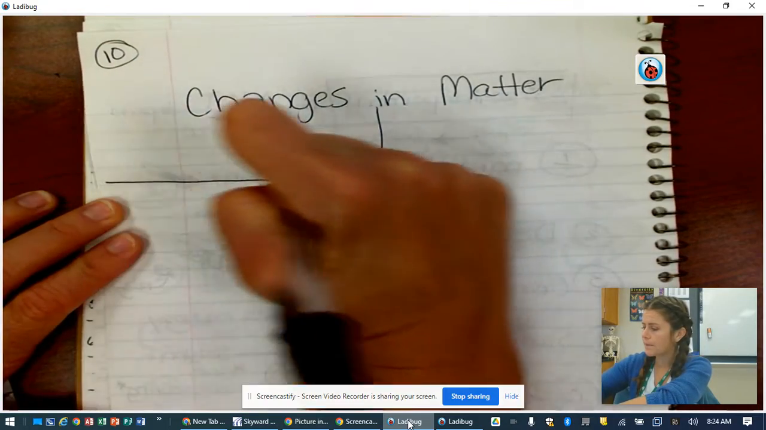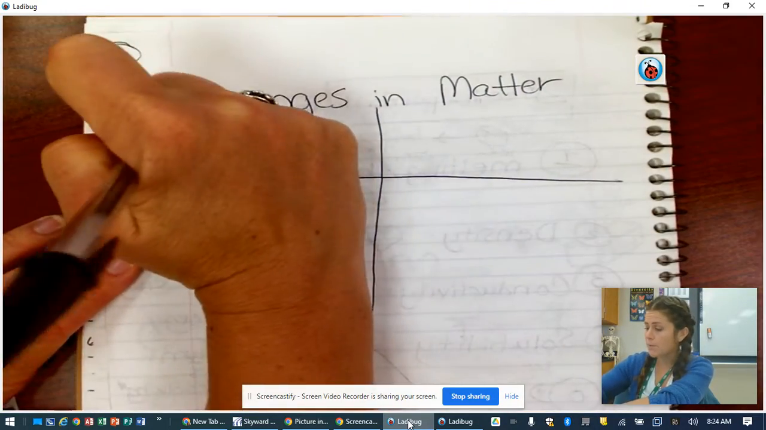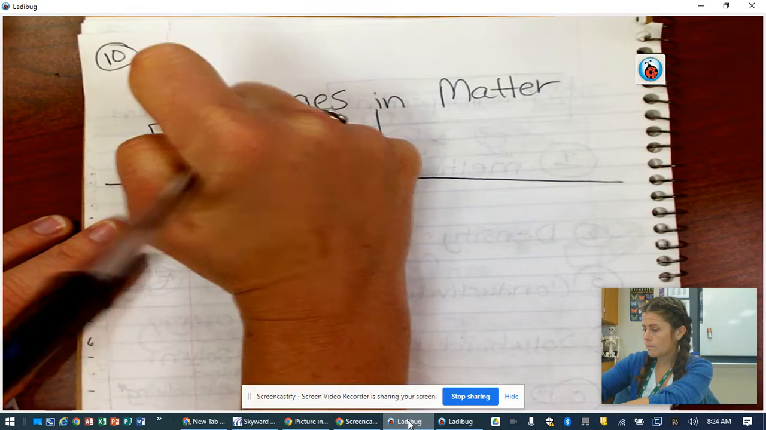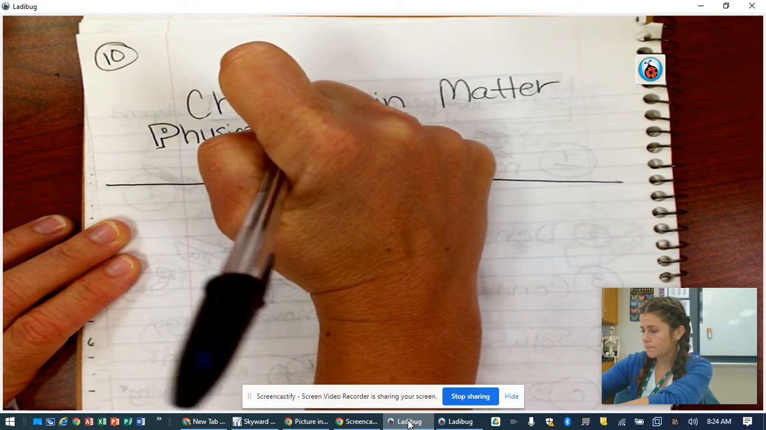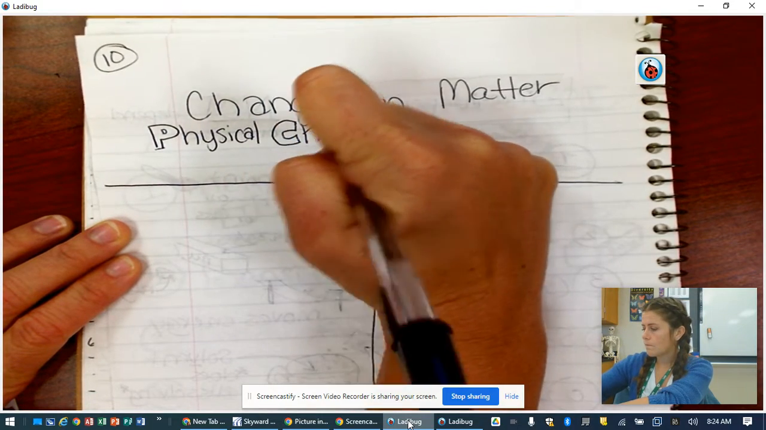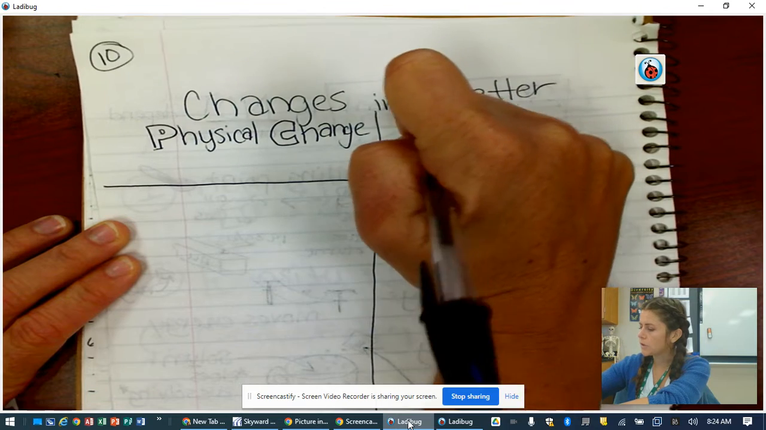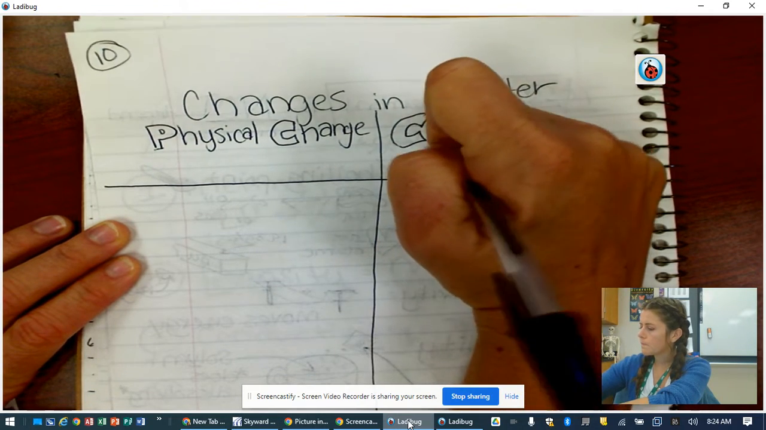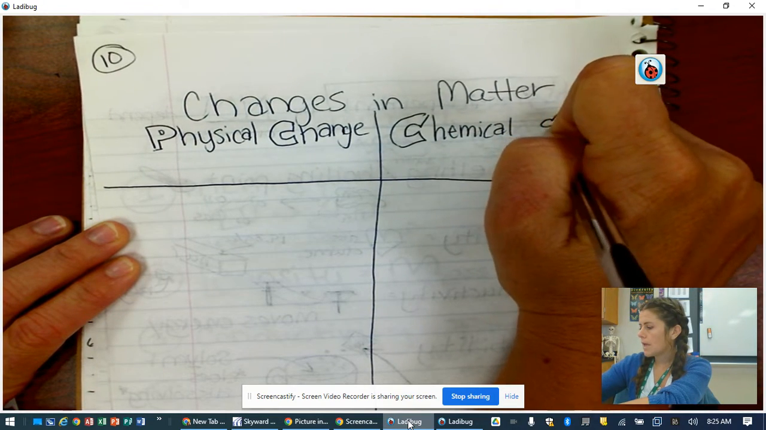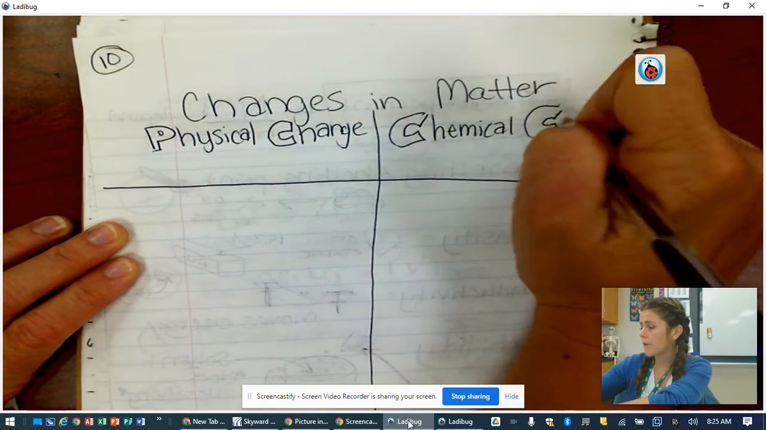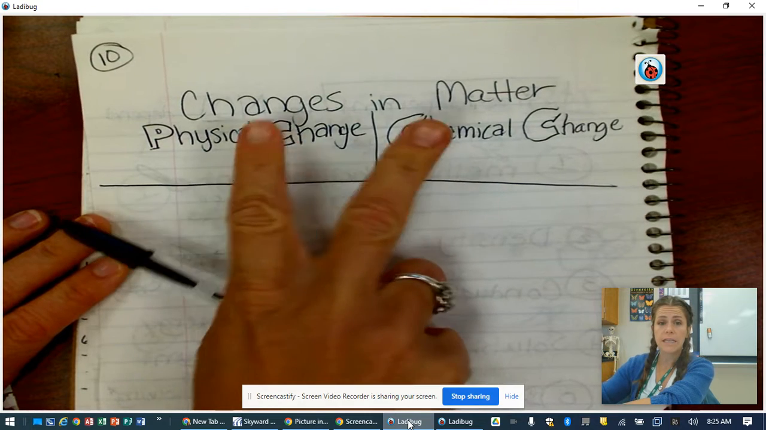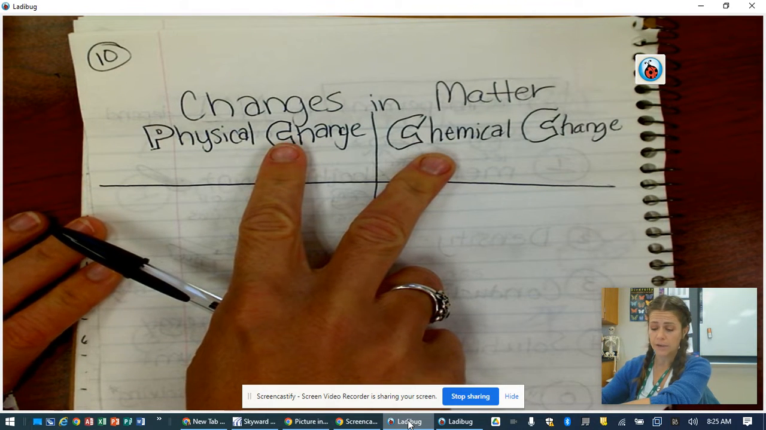So we're gonna divide this up like this, and I'm gonna put up here physical change. And over here, I'm going to put chemical change. Again, a chemical property is just a property that we observe during a chemical change. Now, to define these and understand the difference, okay, the